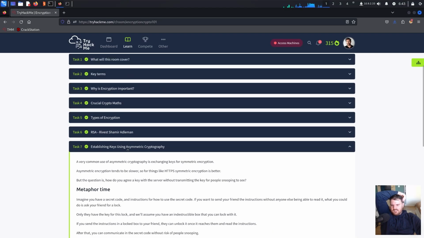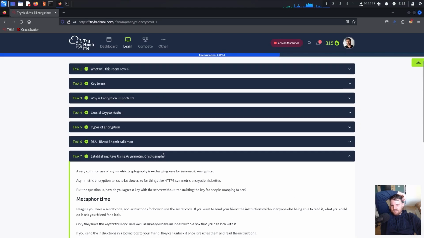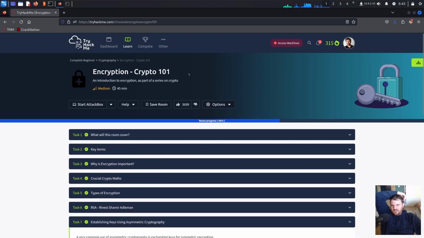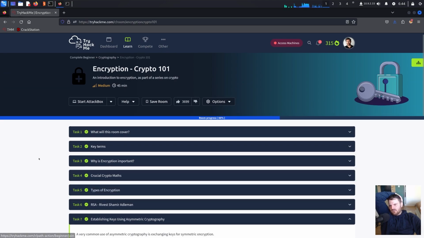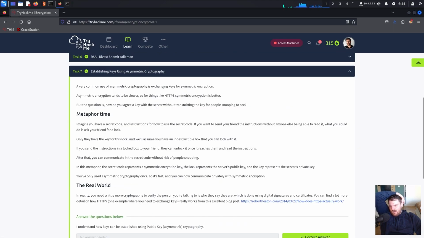Task number 7, establishing keys using asymmetric cryptography, is part of the Encryption Crypto 101 module, which is part of the complete beginner path on TryHackMe. A very common use of asymmetric cryptography is exchanging keys for symmetric encryption. Asymmetric encryption tends to be slower, so for things like HTTPS, symmetric encryption is better. But the question is, how do you agree a key with the server without transmitting the key for people snooping